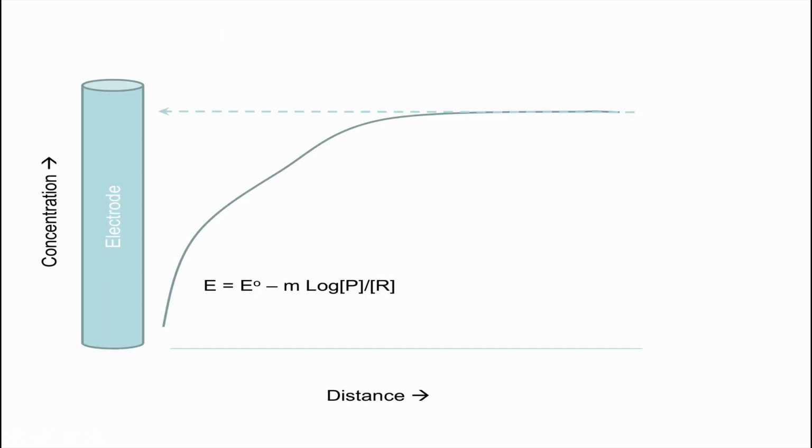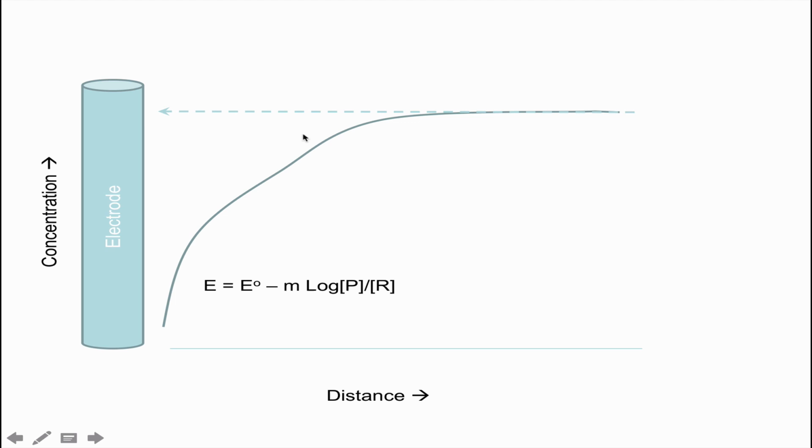So let's think about what would happen if this is your electrode and you are reducing the species, let's say that's copper 2+, and you're reducing it onto the electrode to make copper metal, then as you increase the current, the copper 2+ that's out here will decrease because you're reducing it onto